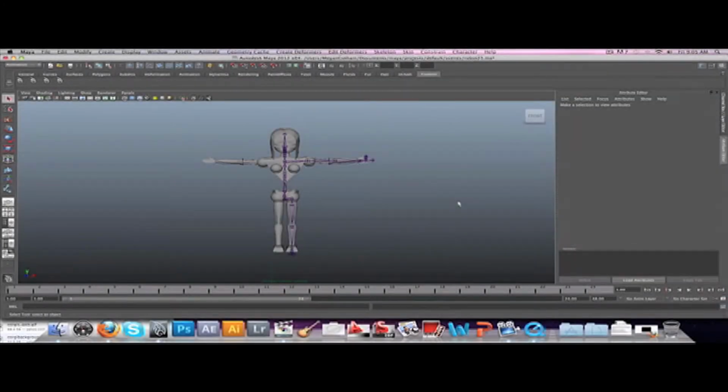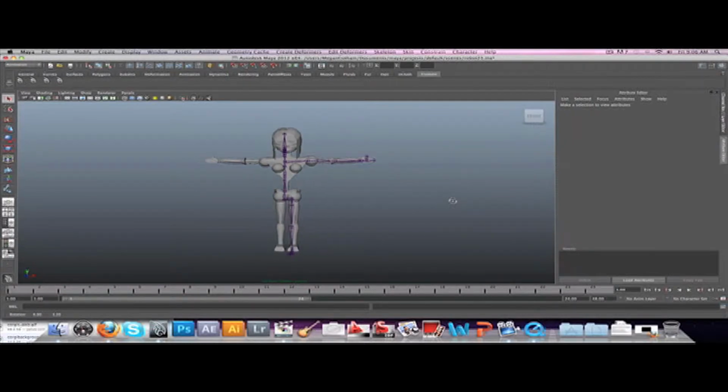Okay, continuing with the Maya 2012 skeleton tutorial. Here we have the basic outline of our skeleton. We've already rotated the axes for the skeleton so that everything's facing the right direction. If you haven't seen these videos, I strongly suggest you go back and view them if you don't already know